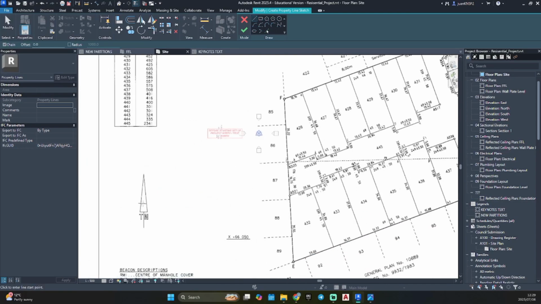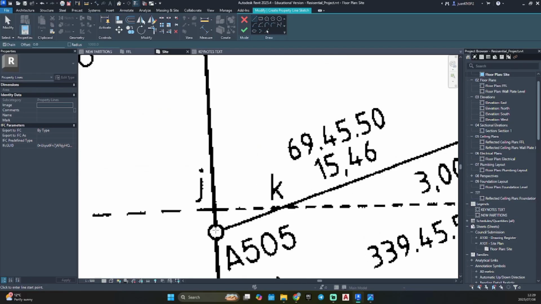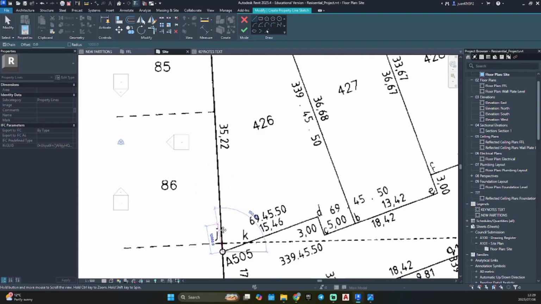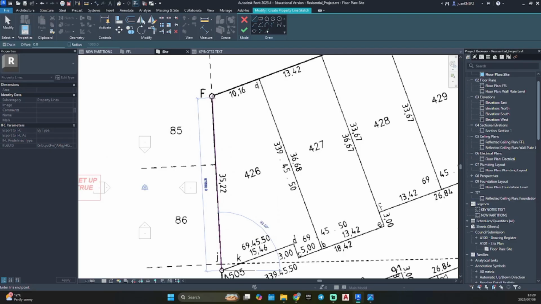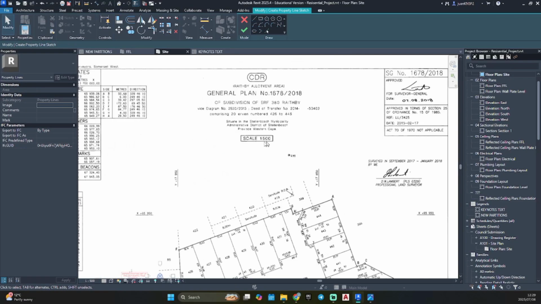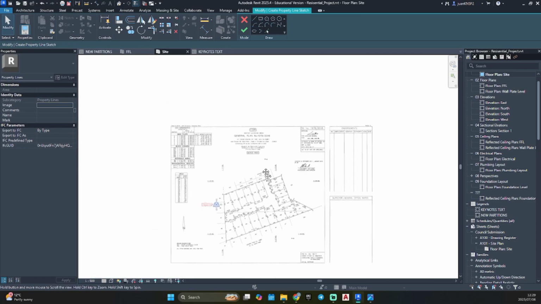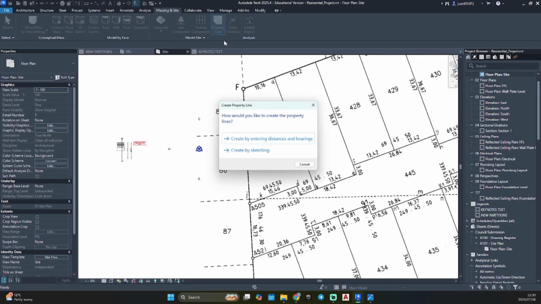Since this is now facing up and we have set up true north, as we don't know where these two lines connect, so just going in the center, there's 35.22 meters. As you can see, our line says 97 meters. So that's the drawing we've imported. We've set our scale to 1 to 500, and this is 1 to 500. So this is not accurate for our drawing. So let's go back to 1 to 100. And we're going to go back to property line, create by entering distances and bearings.